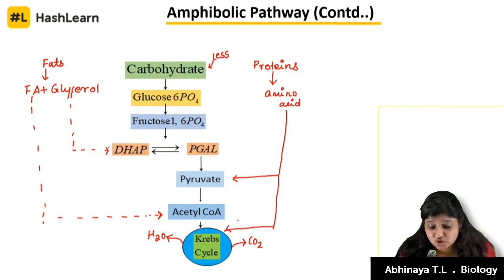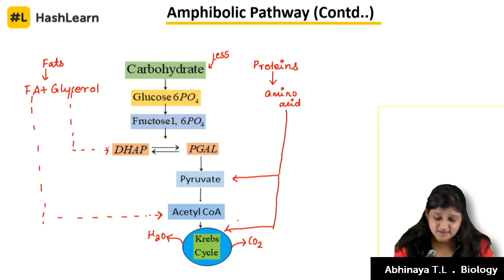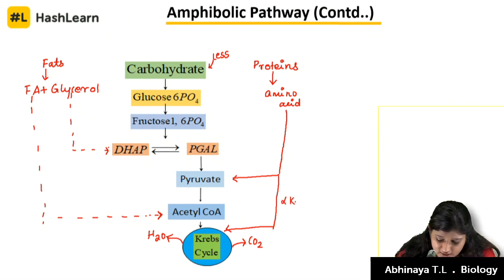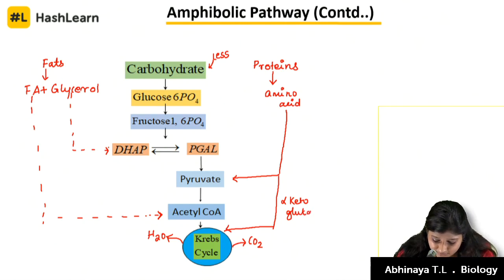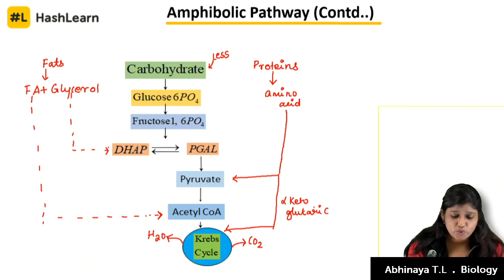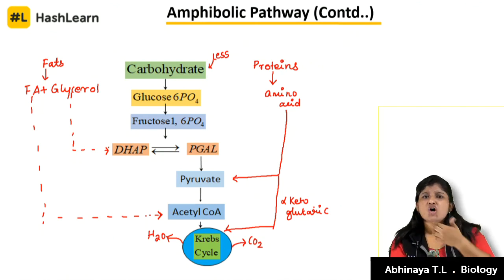How it actually happens: you must have studied about transamination in the mineral nutrition chapter. There alpha ketoglutaric acid, in the presence of an amino group, that's NH4, gets reduced to form many amino acids. So this amino acid will break down to form alpha ketoglutaric acid, and then it will get inside the Krebs cycle. You know alpha ketoglutaric acid is formed in the Krebs cycle. Okay. So these are the various ways by which the other respiratory substrates get inside respiration and oxidize themselves